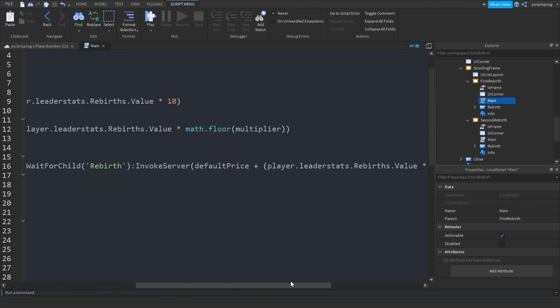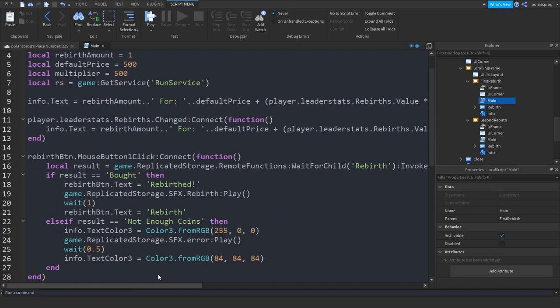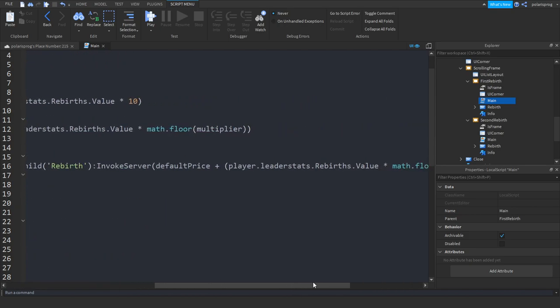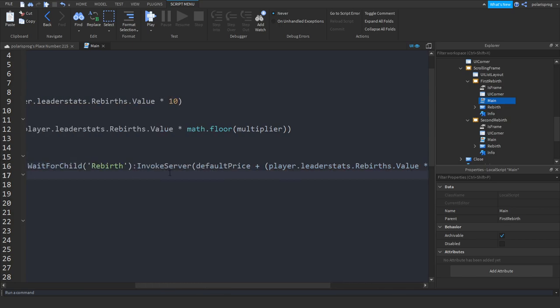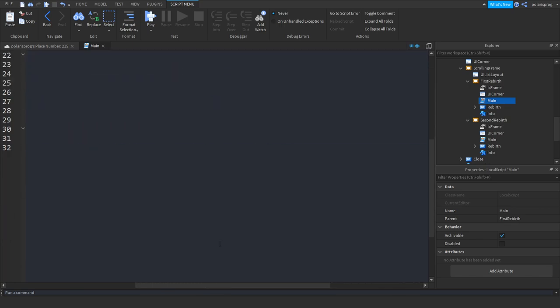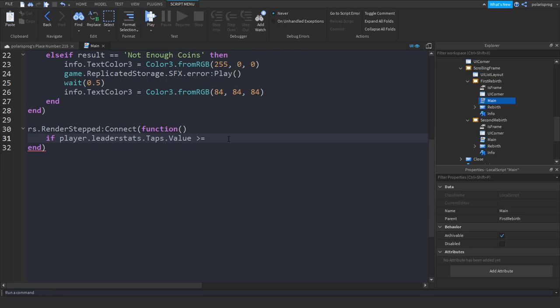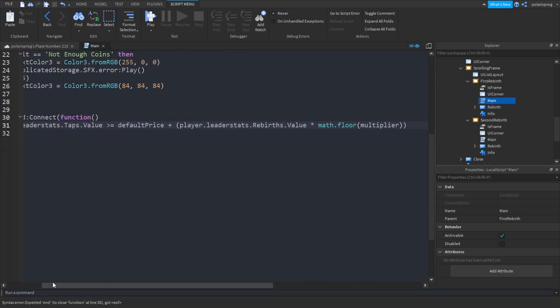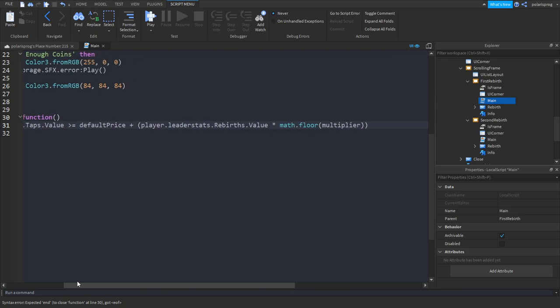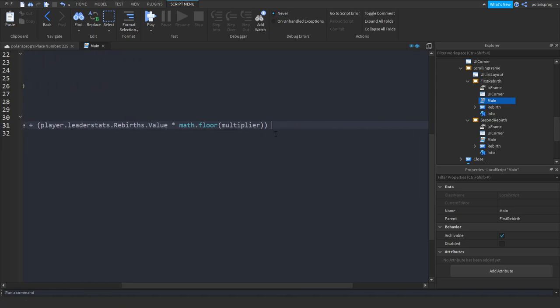So in here we do that, is greater than this, so is greater or equal than this. So default price plus player's stock as the value. Then